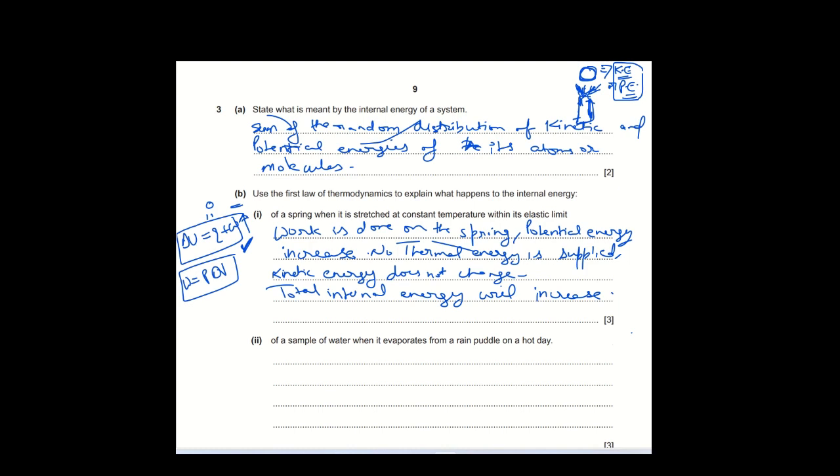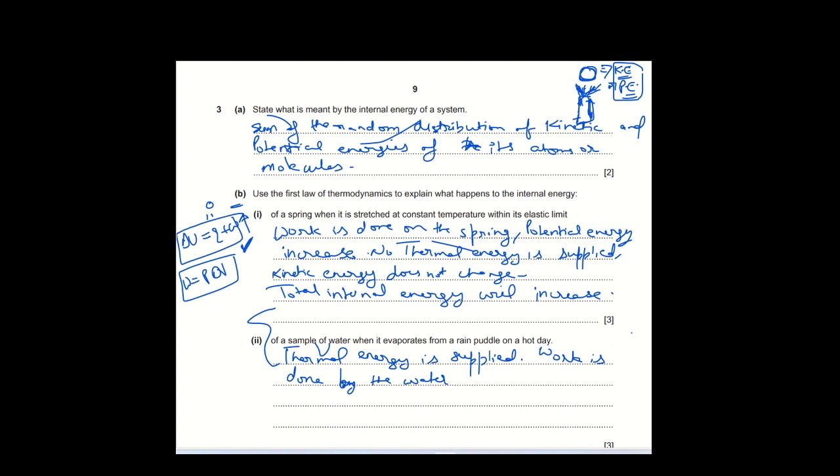Second question: a sample of water when it evaporates from a rain puddle on a hot day. What will be the effect on its internal energy? Here it is mentioned hot day, this means thermal energy is supplied, and evaporation is a case of expansion. This means work is done by the water,